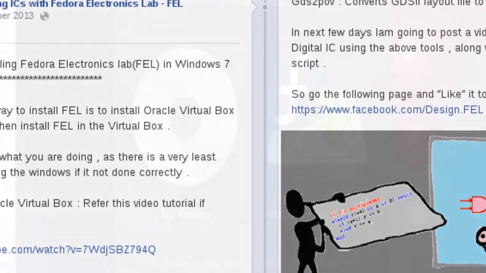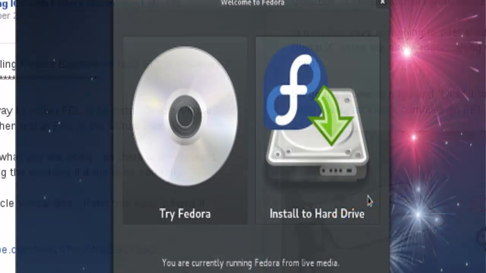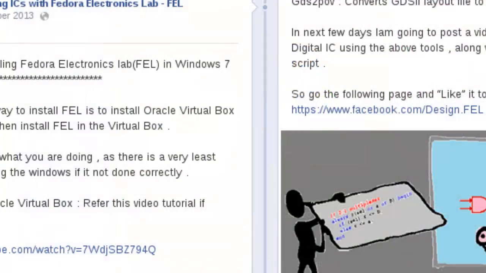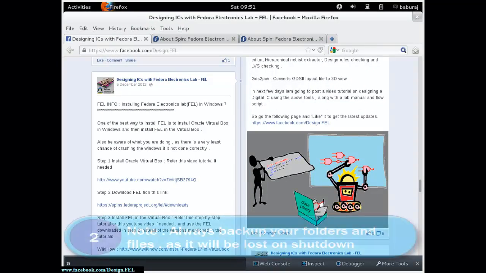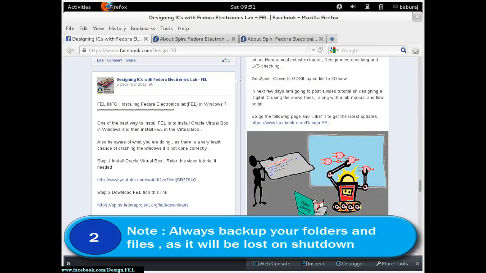In the process, it will ask for try now or install. You can click try now. So that means the Linux is not installed in your machine, but it is being booted from the CD itself. You can just work from the CD itself, but make sure that you move all the files and folders which you create into a pen drive. Otherwise, the moment you switch off the Linux or remove the CD, all your files will be erased.